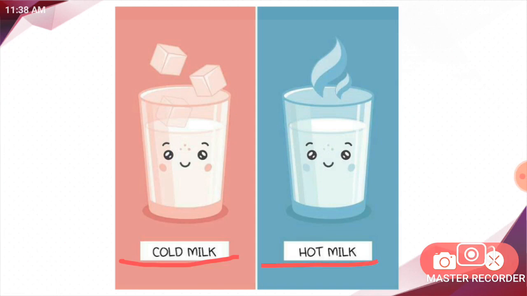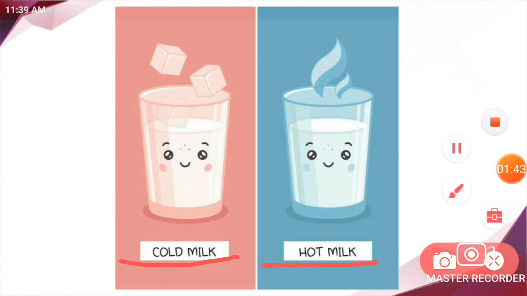Then what will you observe here? The cold milk in a glass left on a table soon warms up, and the hot milk left on the same table cools down after some time. Then how does this happen? Do you have any idea? Well, children, this happens due to the temperature difference between the body and its surrounding. Here body means cold milk or hot milk.